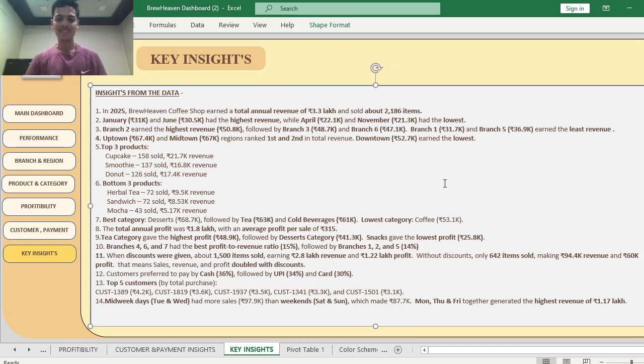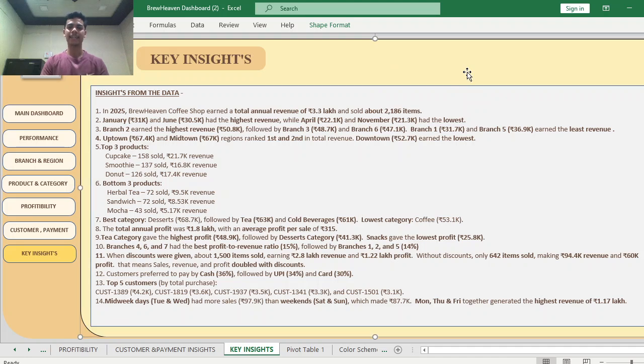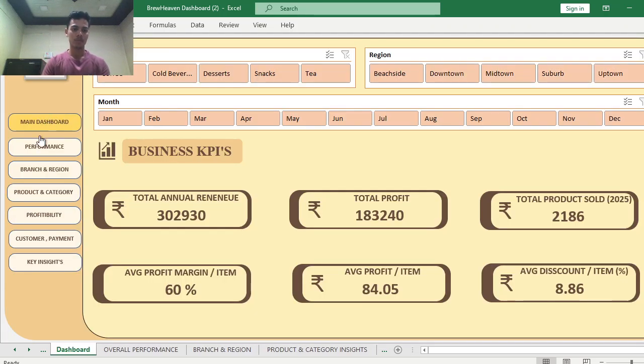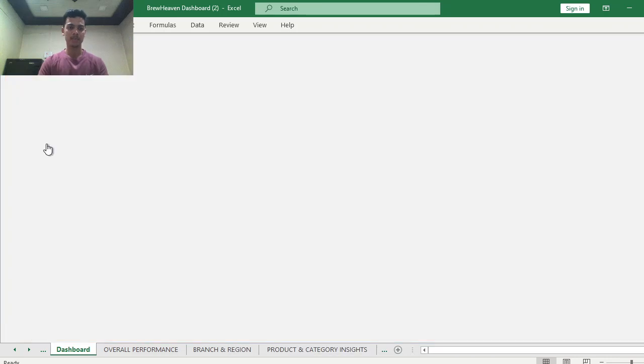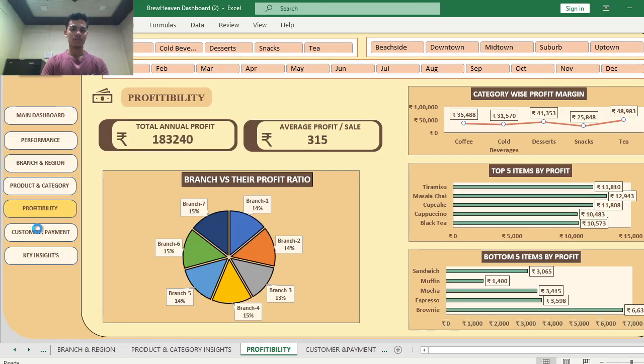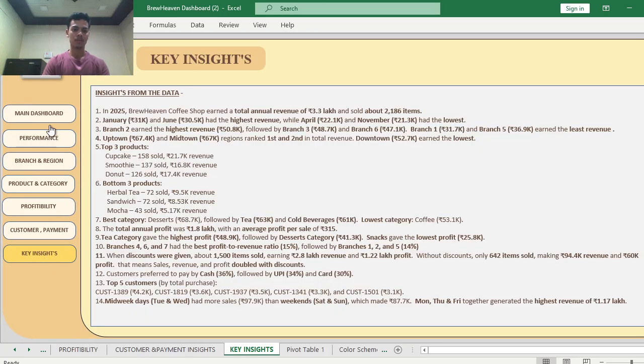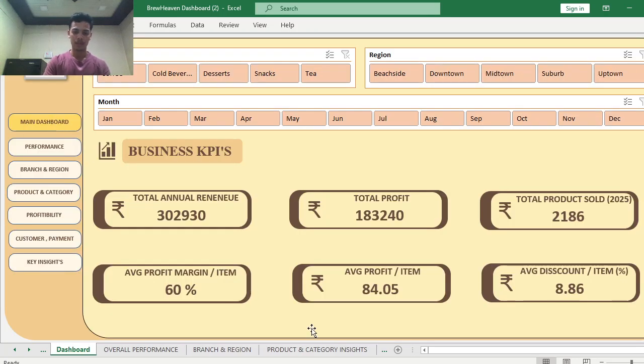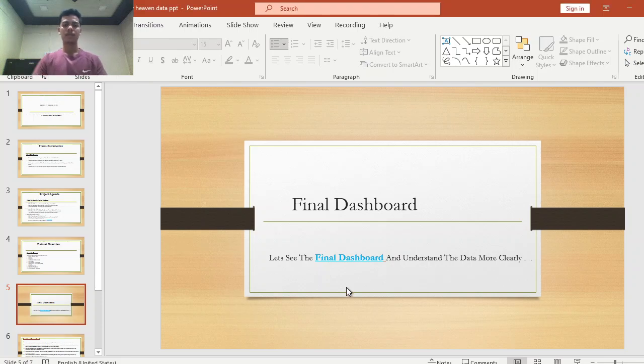So these are all the key insights that I found out from the raw data. So you can check it out, and then let's move on to the main dashboard. So this is how our dashboard looks like. Just a quick look. Okay, now let's move on to our PPT. Okay, so